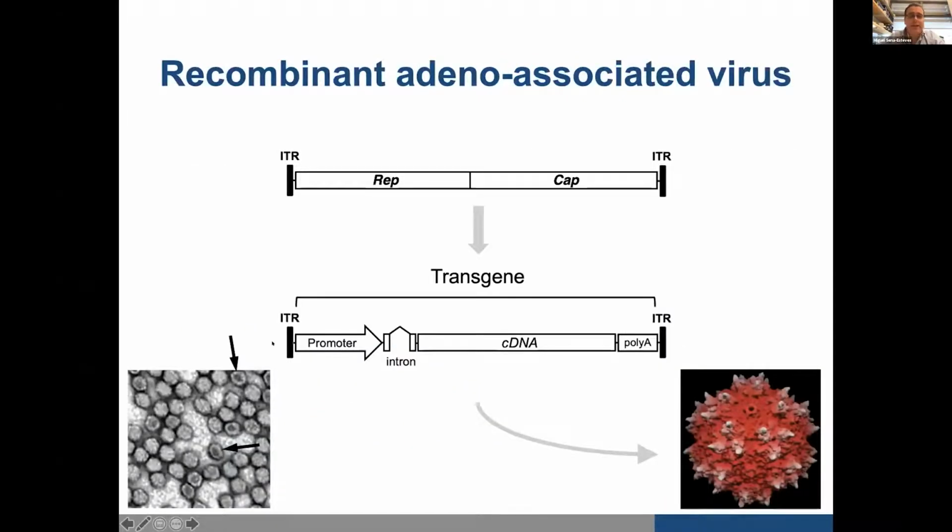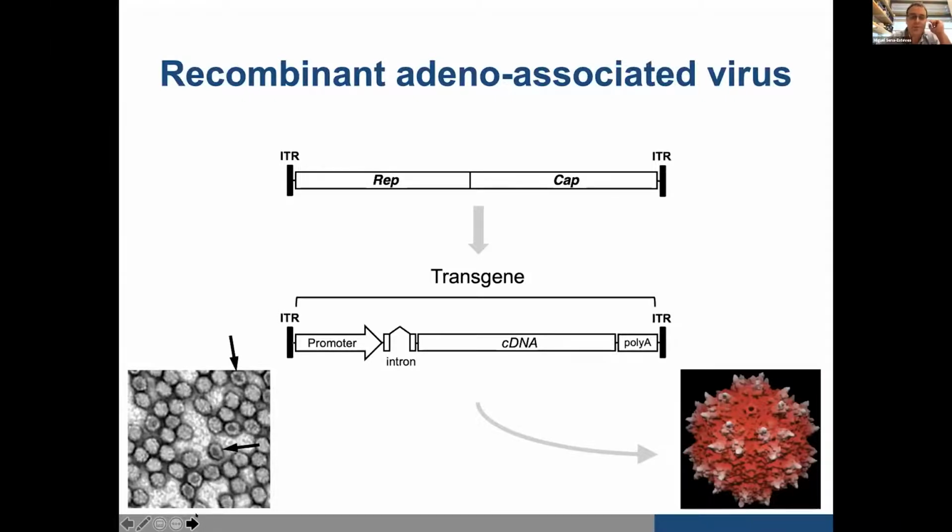Over many years, the trick has been to find a way to replace all the genetic information, and that's how all AAV vectors are made, by supplementing in trans the rep and cap genes during production. Essentially all there is inside the virus is a transgene cassette that has the elements necessary to express the gene of interest. And here is some electron microscopy on the left showing empty and full capsids that usually